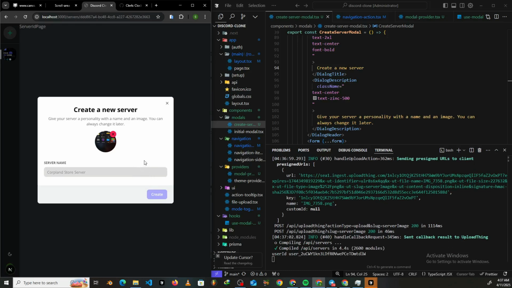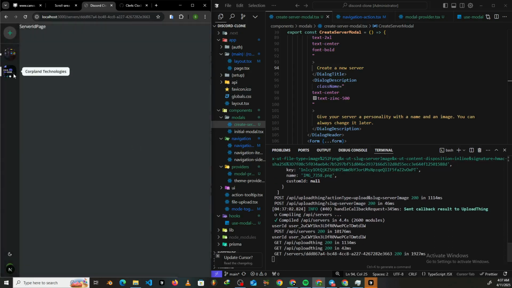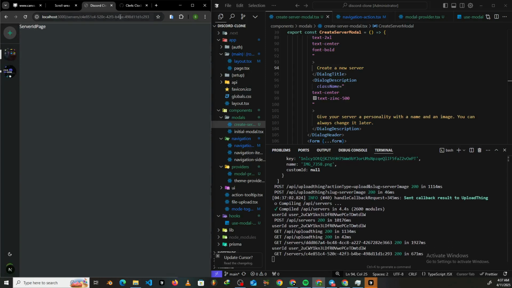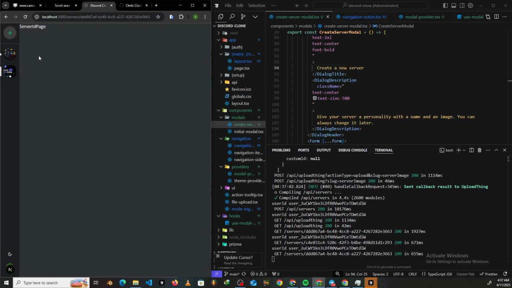It is creating the server, and once it's done, you should see that it would show up right here. You can click on that to quickly navigate to it, and click on this one back to get it back here. So yeah, that's basically it for creating our server using the new modal that we just created, the create server modal right here. So thank you very much for getting to this part of the video, and hopefully I'll see you in the next